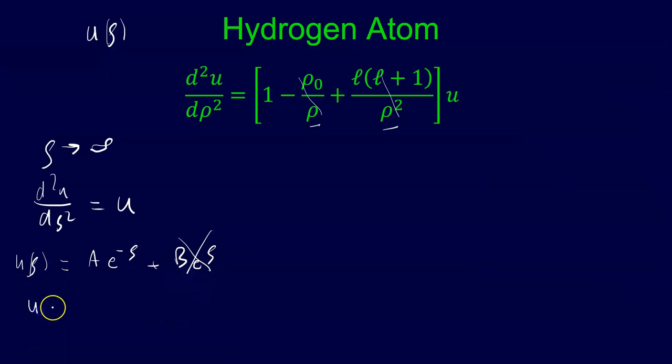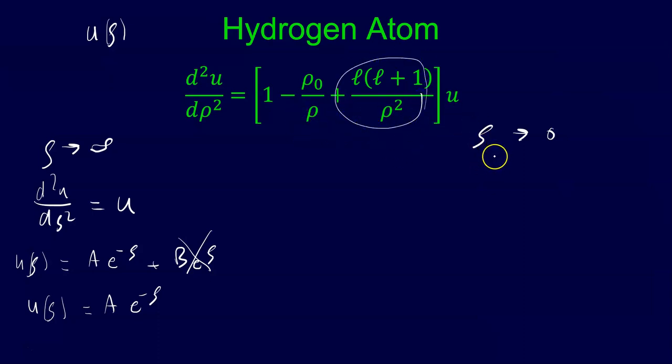And so we can say that the asymptotic behavior at large rho, we want our equation to look something kind of like this here. Now we can also look and see what happens as rho goes to zero. I should make this look more rho-like. So in that case, if we look at our equation, when rho goes to zero, these two pieces are going to blow up, and in fact this one's going to blow up much faster. And so our version of the equation there will look something like this here,